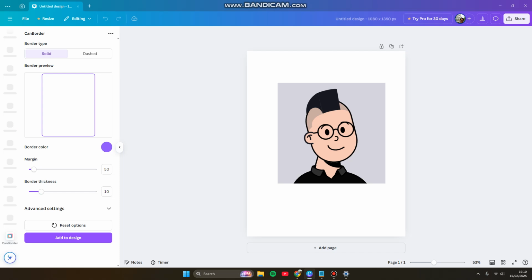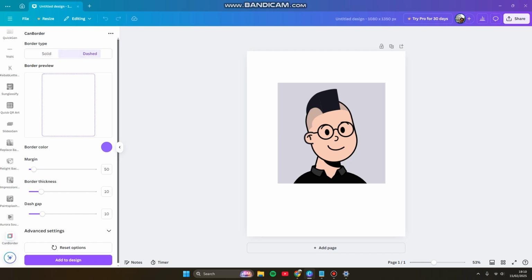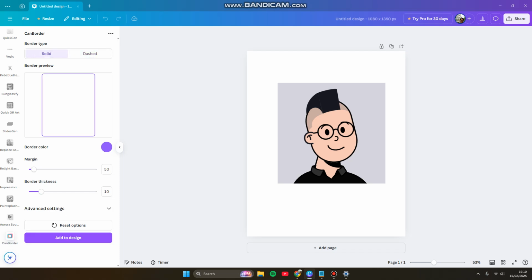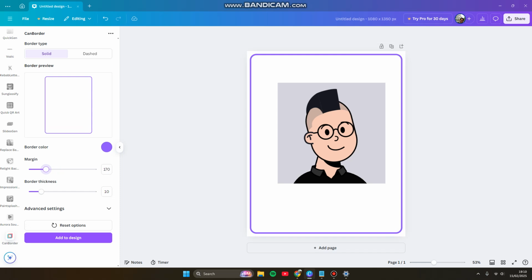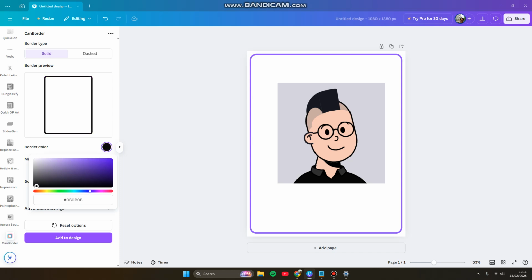So here we go. This is the can border. You can choose the solid or the dashed. So for example, this is the solid one. So you can create the margin, adjust the margin, border thickness, then border color. So you can simply add to design,